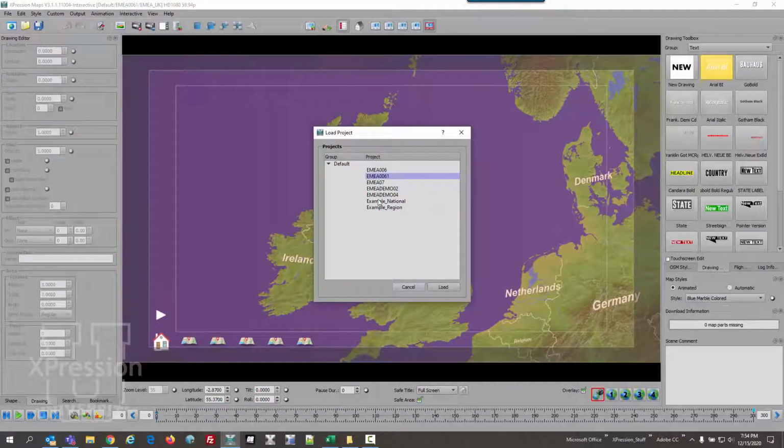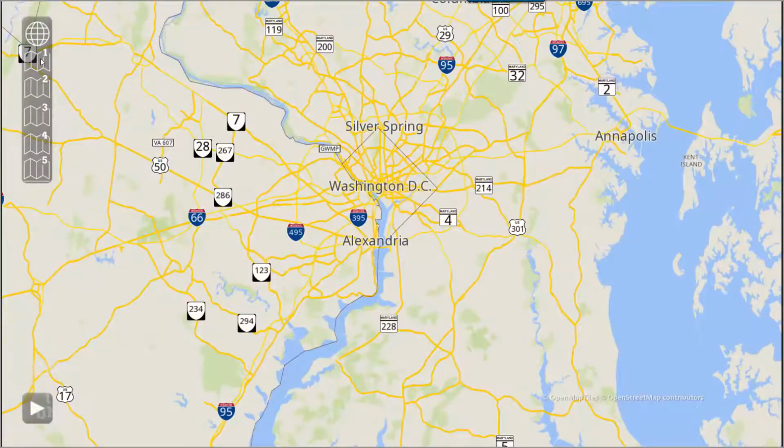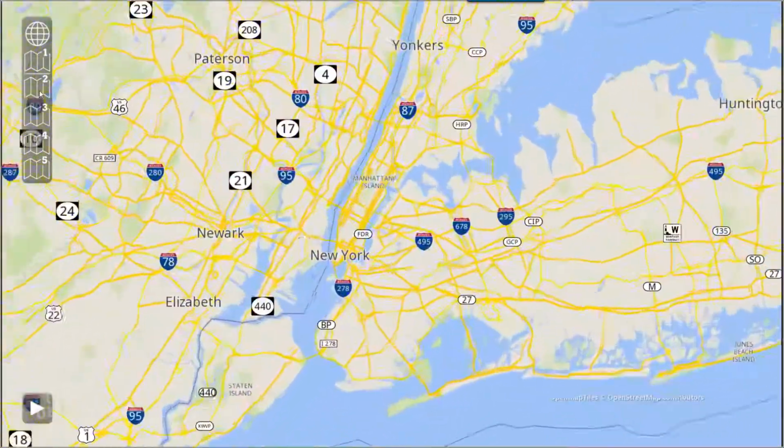So if I wanted to do, for example, this ships with example national, I'm going to click load, and you're going to see it's going to take a second. It's loading all these scenes for me, and it's also downloading the tiles because I'm connected to the internet, and there I go. And if I put this into view, full screen mode, and I click the different scenes, I travel to them. So it goes from there, it goes to New York,